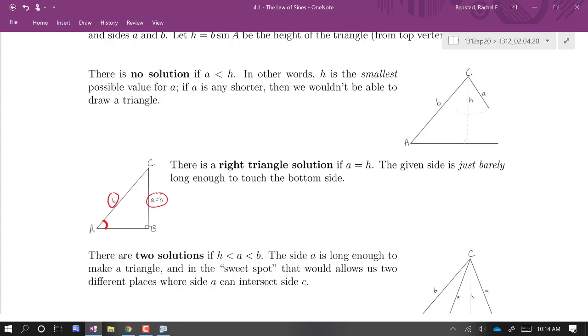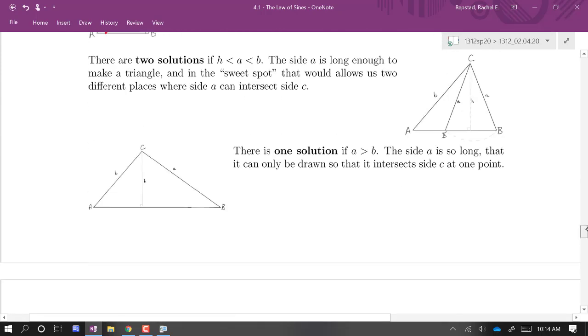If A is longer than B, then there is but one triangle you can draw. I'm going to go all the way down to the bottom here. If A is longer than B, so this side's fixed and this angle is welded shut, then the only option is to have it extend out this way, right? But there's a sweet spot. There's a sweet spot that allows you to draw two triangles. And that is